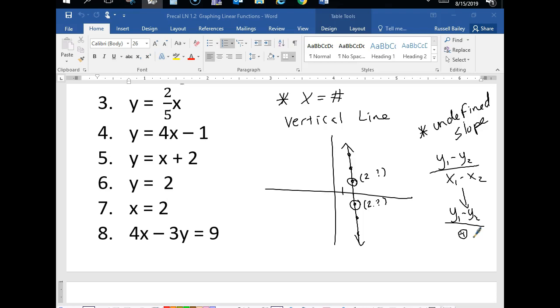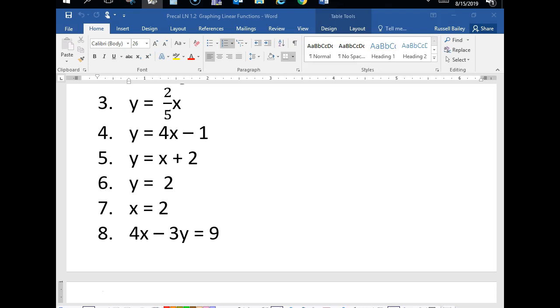So when you have a vertical line, no, you don't go over at all. It's just straight up and down. And so the x value never changes. So let's back up. So thanks, Brooklyn, for asking that question. I'm going to come back to y equals 2 because I'd like you guys to write this. So we had this, right? You don't need to rewrite it. You already have it. For this one,